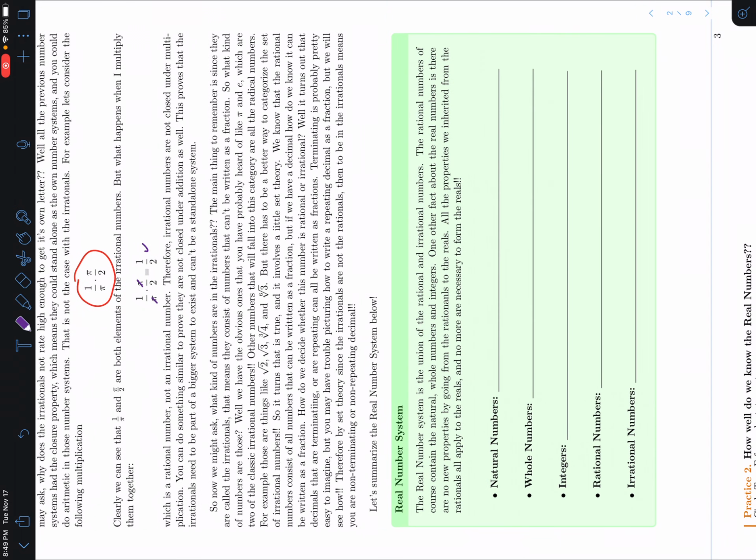So anyway, this is my long-winded talk about it. If you want to read a little bit about that stuff, that's kind of what I was getting at up there. So again, just to summarize, what's our real number system? We've got our natural numbers, which I wrote above, so again, it's going to be our counting numbers, our whole numbers, which is 0 plus the counting numbers, our integers,